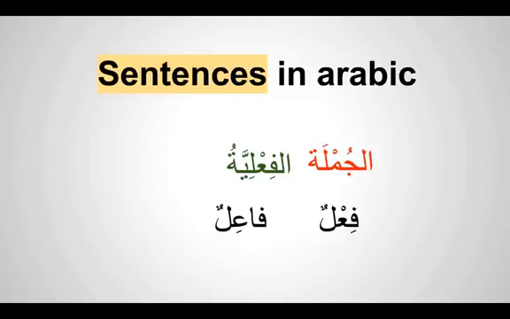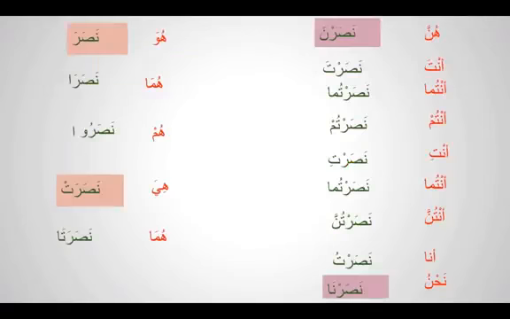And coming to Fa'liya, Jumlatul Fa'liya. So what are we looking for in Jumlatul Fa'liya is what is the action and who is doing the action. This is what we are looking at. Very simple. There will be no confusion. For example, here we learned that Nasara,